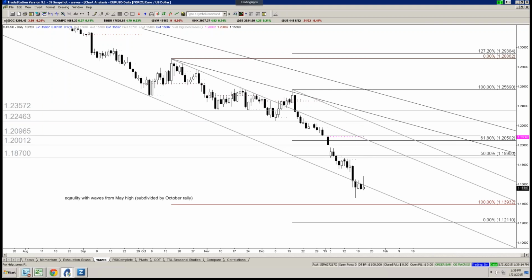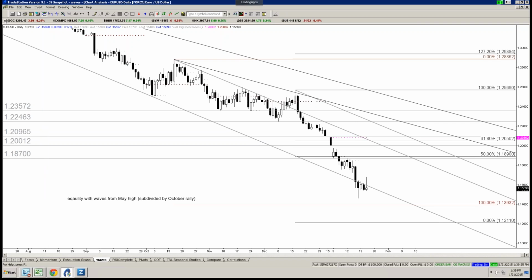The sentiment and everything has just been absolutely nuts for some time here. So allow for the washout to take place on ECB before you get the buy the rumor, sell the news type of deal. I wouldn't be surprised if even before the release the euro gets wiped out, and then on the release it rallies like crazy, just absolutely completely shocking everybody. For me, there's no setup here. Certainly this is definitely kind of cowboy type of trading, something I'm not really involved with. I'll let other people deal with that.